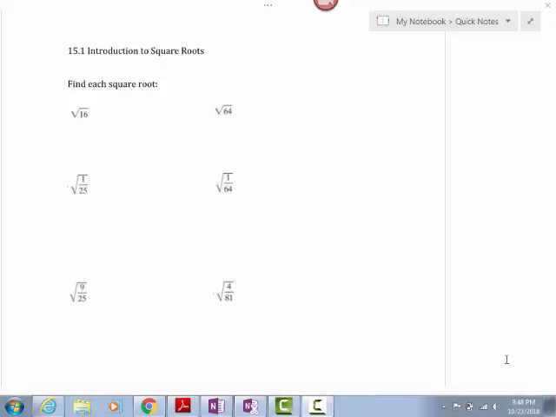15.1 is an introduction to square roots. These problems here in chapter 15, at least for the first section, are going to be relatively straightforward. If you notice, all we're doing is looking to find the square root. Okay. So the square root of 16, an easy way to think about doing this is if you look at